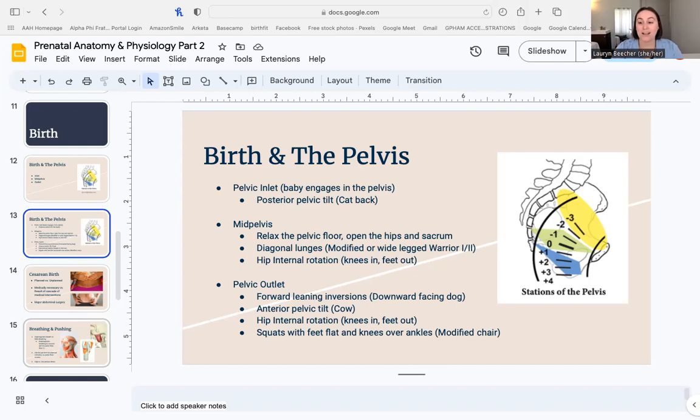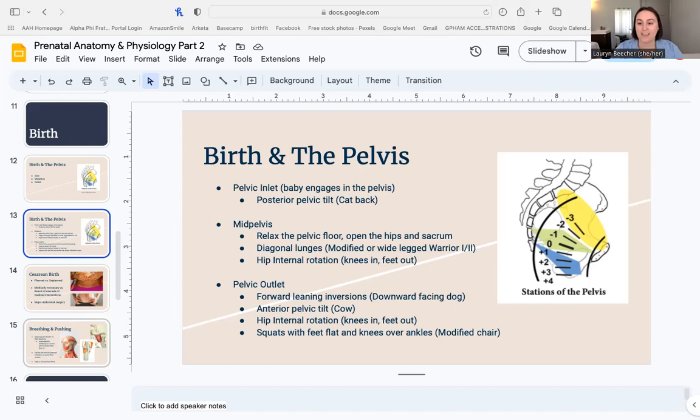Things that help to relax the pelvic floor, like taking those nice full breaths, coming into positions where the hips are in internal rotation, so your knees are more in line with the body or closer together and your feet are out, can also help open this area. One of my favorite things to do in a yoga class when I'm working with a group of pregnant people